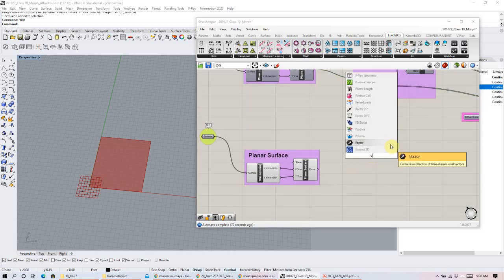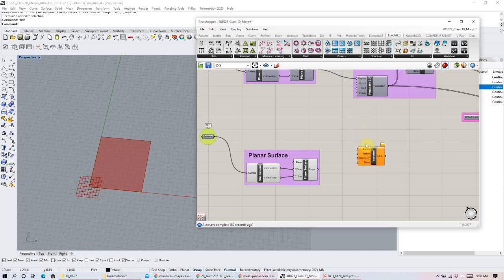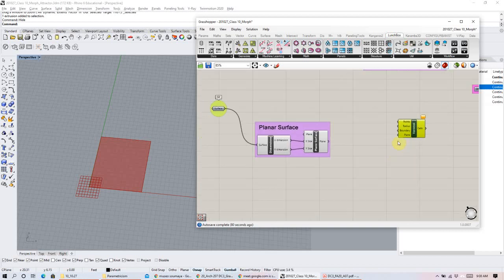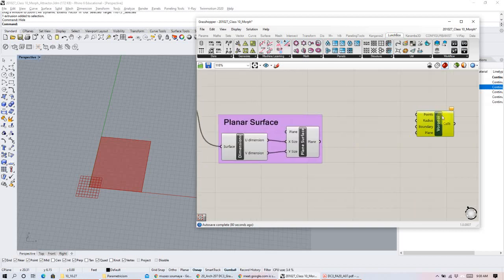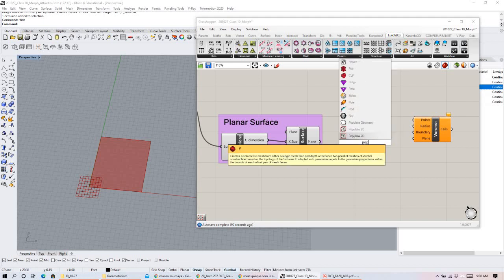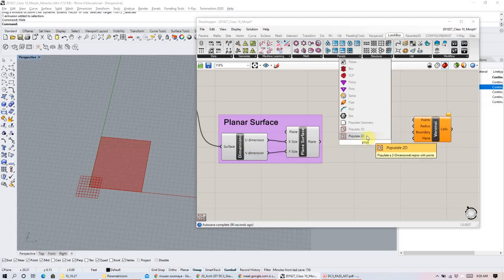Okay, so we can see that if we bring down a Voronoi here, it's a planar Voronoi diagram from a collection of points. And then we need our points, so we need to populate 2D. Okay, there's populate 2D and there's populate 3D. 3D will obviously go for a three-dimensional object, whereas 2D is a planar